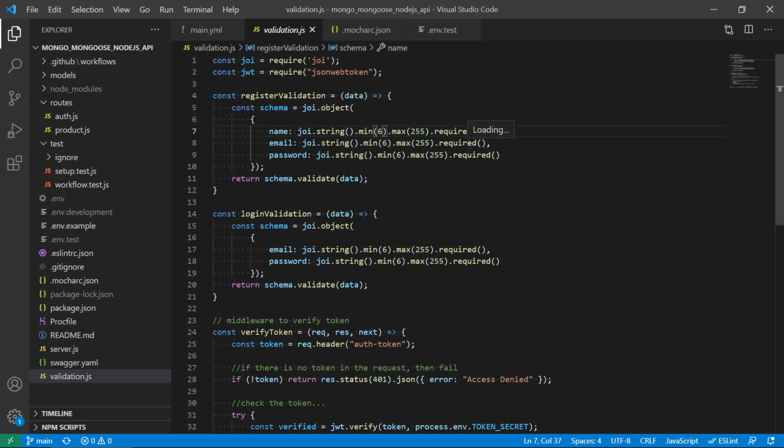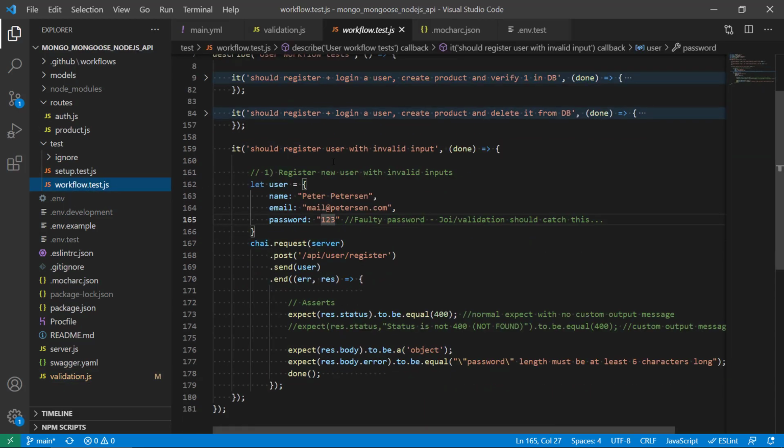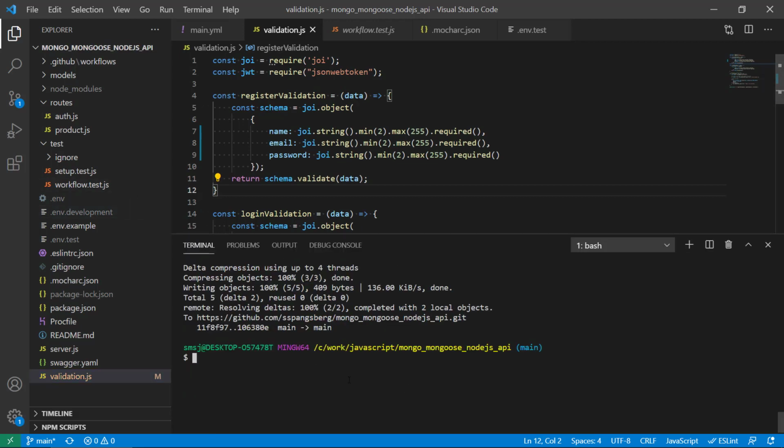So if I change something in here, if I specify that it should just be a minimum of 2, probably not what we want, but let's just try this. We have a test right now that will actually test that our API will throw an error when we don't have a valid password. So if I modify this in my validation now to accept a password of only 2 for some reason,